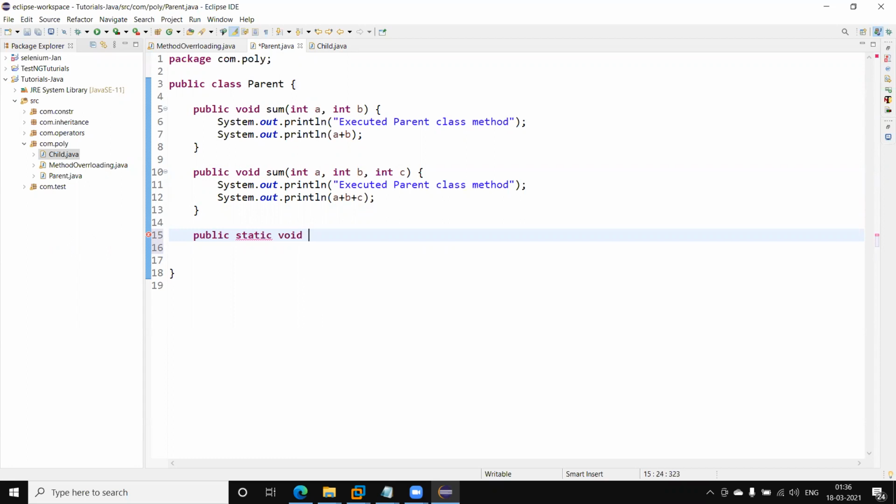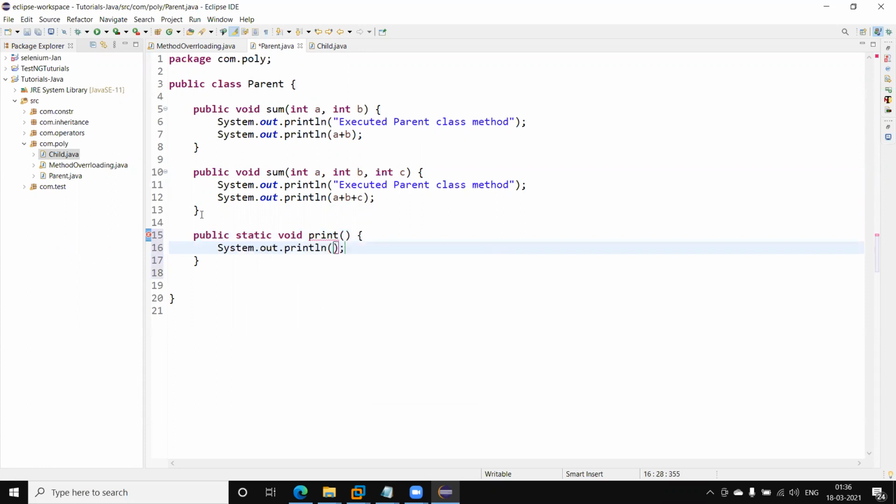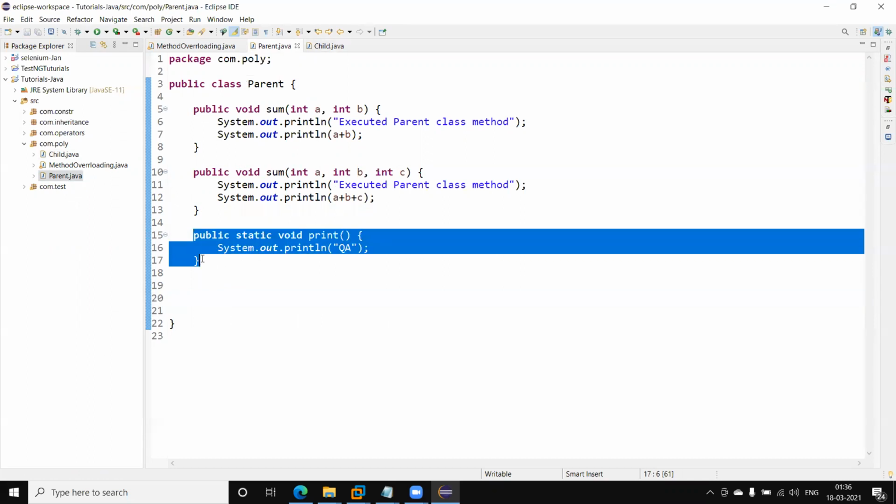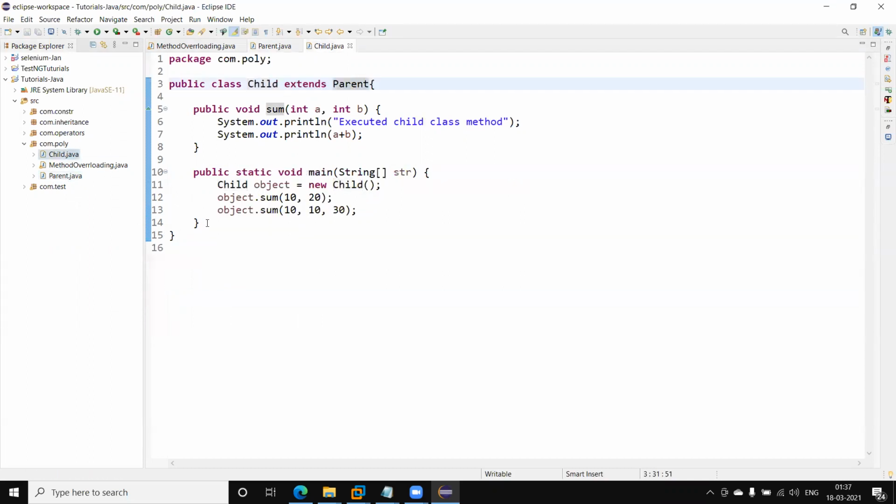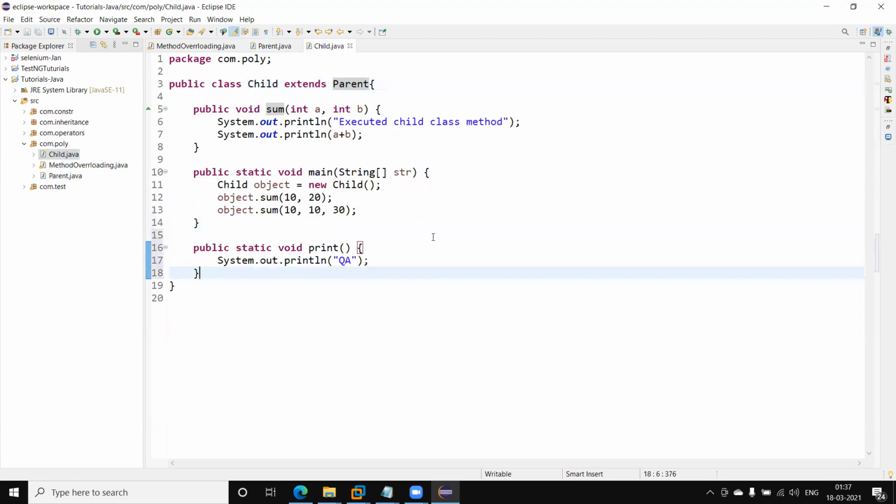I write static void print QA, and now I'm going to create the same method in the child class. Now let me show whether the static method can be overridden or not.